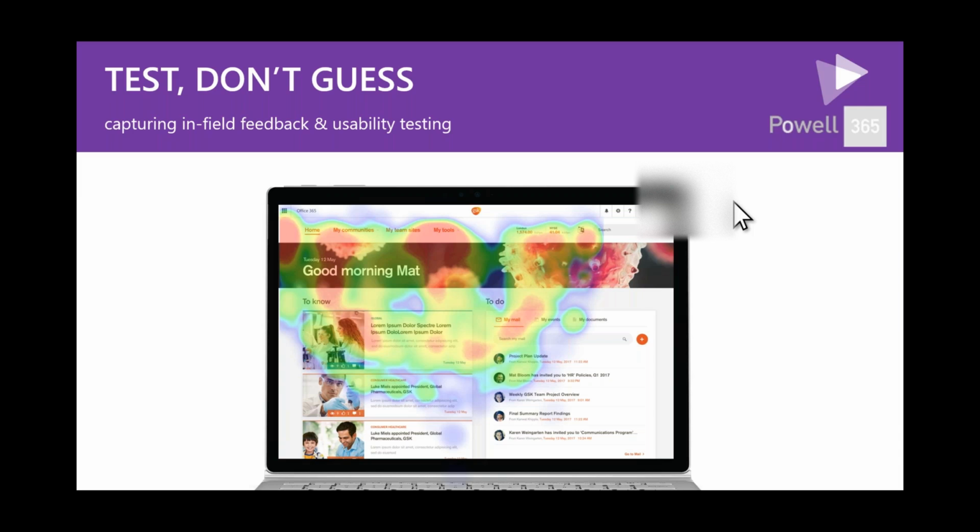You don't want to test content without actually getting feedback from employees. So once you get feedback from employees, you want to set up different scenarios on your site and actually test